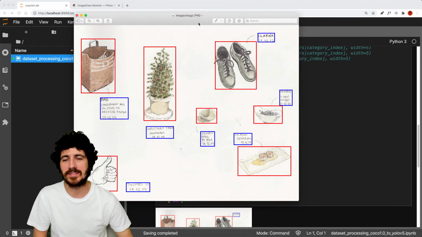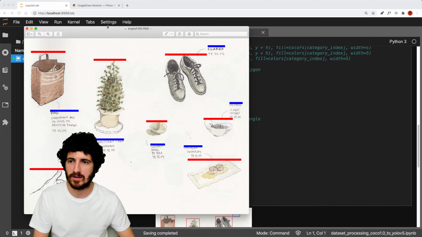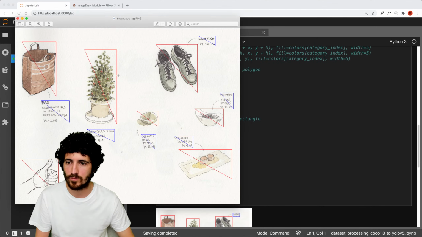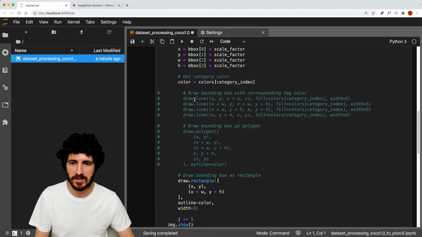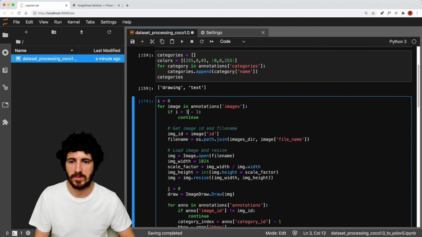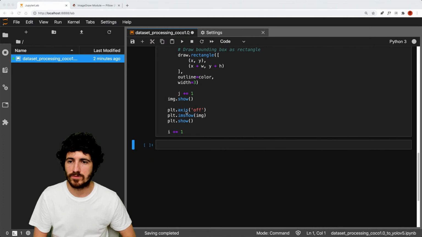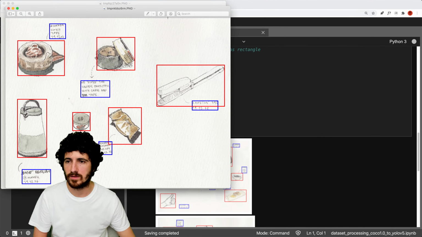Okay, so this is our image here, and I'm going to try now. I have to close all the ones that are open, and I'm going to just try really quickly to do it with, instead of just 1, maybe 3 images. So those will open, that one, this one,